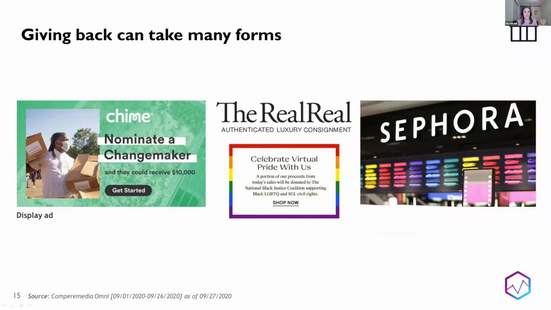So they launched this Change Makers initiative that's aiming to recognize and reward people who are going above and beyond in their local community, and awarding them with $10,000. And so you can nominate a change maker, and you can do this by Instagram or Twitter. And they were running many display ads and banner ads and promotions on their site to promote this initiative. So I thought that was one creative way that, again, sort of combined being supportive and then also having that local approach.